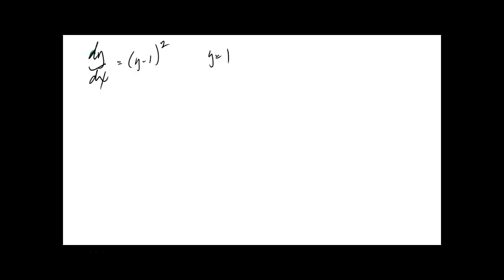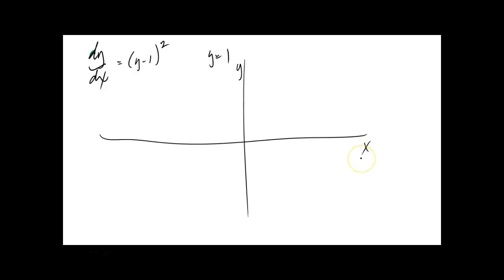From the phase portrait, here's what we've got. Now we have y's on this axis, x on this axis. No more t's or p's or other things like that. At y is equal to 1, you have a critical point. Now, from the phase portrait in figure 218, we conclude that